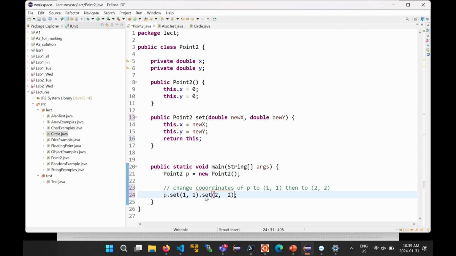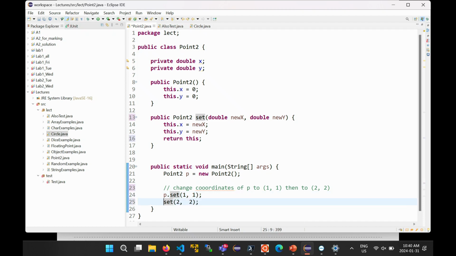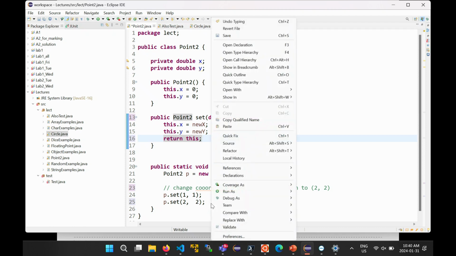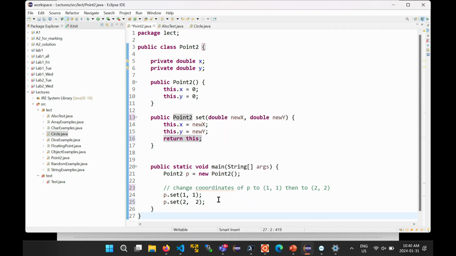So imagine that you had some different method that you would like to call here. So after setting the coordinates of the point, you want to do something else with the point. Now you can just call that method right here. Whereas if you don't return a reference to the point, you would have to go to the next line. So in the previous version, I would now have to write another line of code, again using P to call the method. So by returning a reference to the point that was used to call the method, this lets whoever is using the class chain